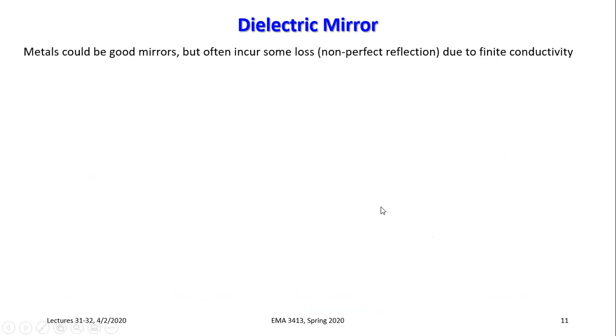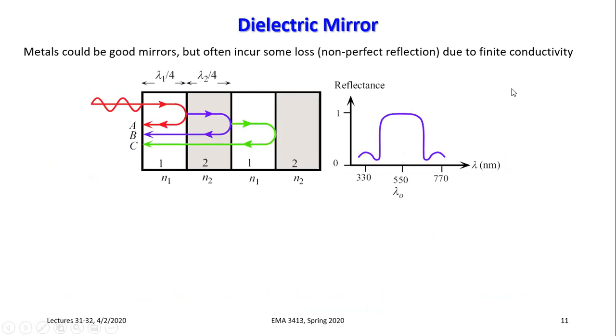Now, on the other side of the spectrum, we might want light to be completely reflected back, like we want to have mirrors, okay? Traditionally, we use metals, shiny metals, to provide this mirror function, but metals do have some finite conductivity, okay? And so this is something we're not going to talk about too much, but if you have